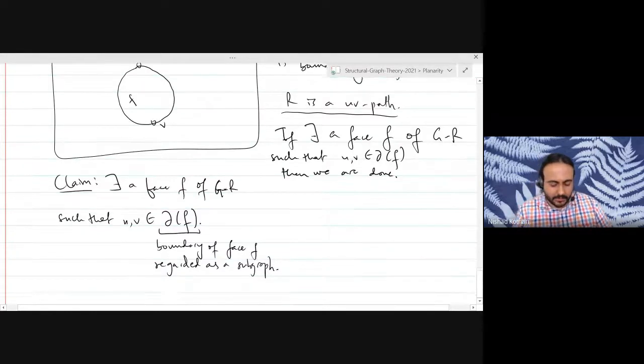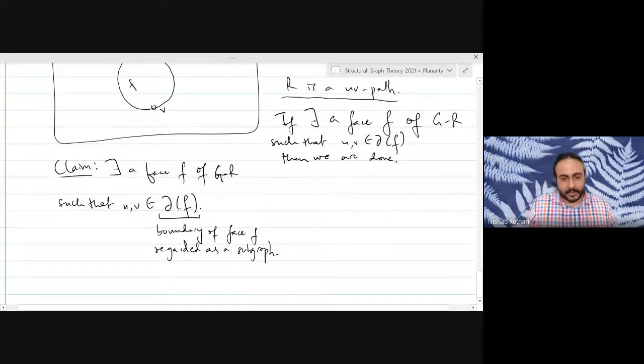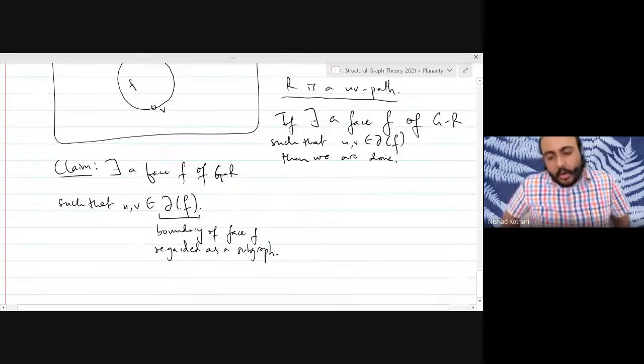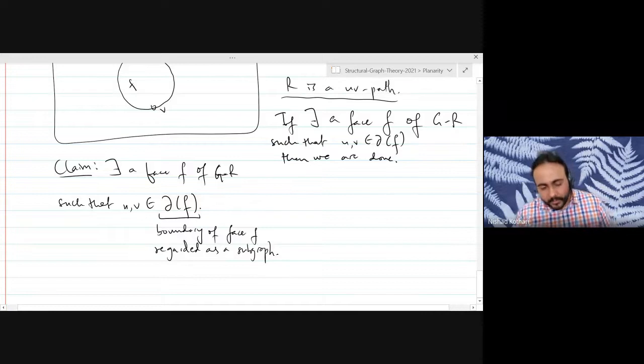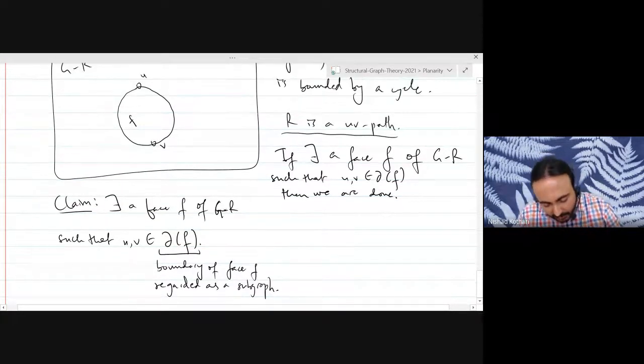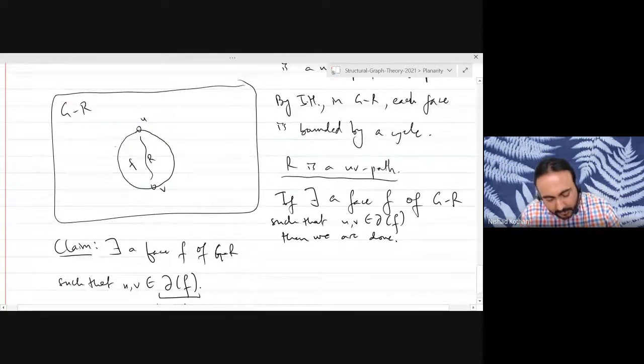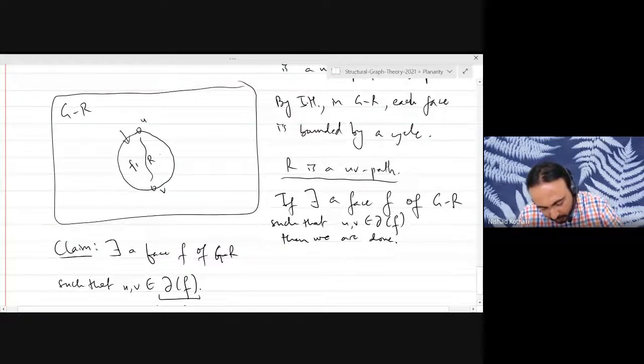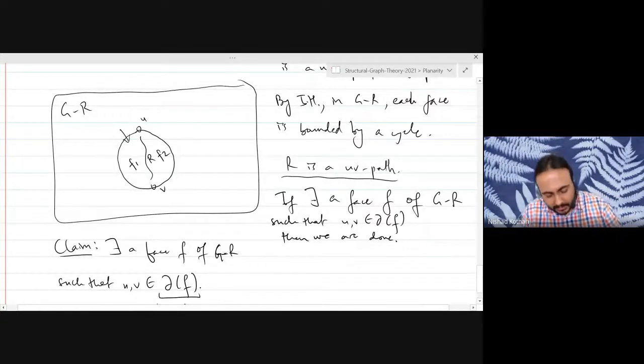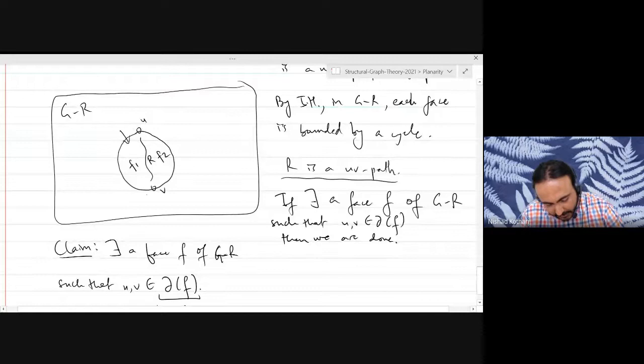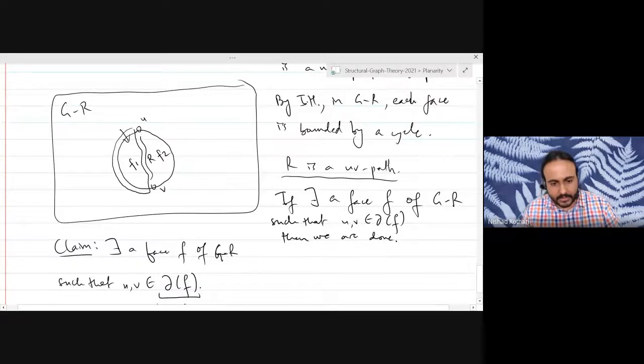Because our original graph is a plane embedding, there has to be some face that contains both the points. Otherwise, the original thing would not be a planar embedding, right? And now once this is true, it means that you have basically drawn the ear inside that face or some other such face. Now all the faces of the graph are the same except for this face. This face F has split into two faces, F1 and F2. Both of them are still bounded by cycles, because you take the path from U to V in the original cycle and then you add the ear R to it, you get one cycle. And likewise, you get the other cycle.